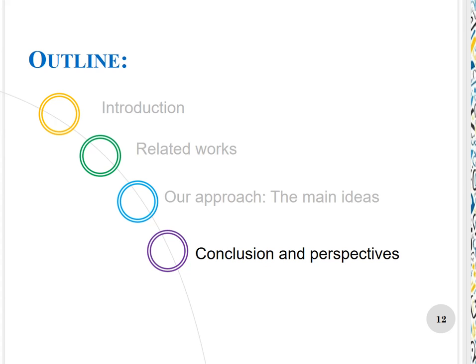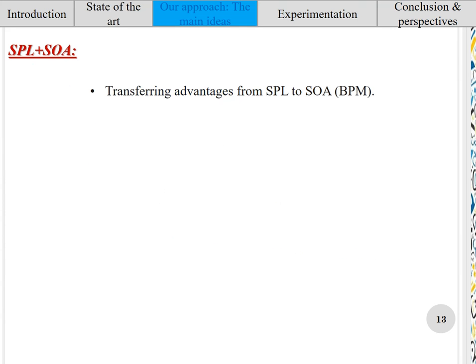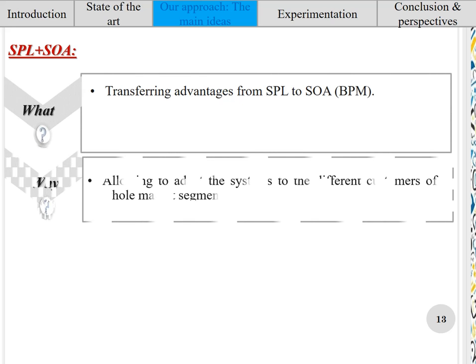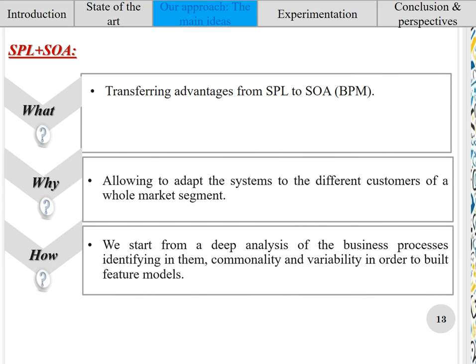So now let's move to presenting the steps of our approach. Why did we decide to combine software product lines and service-oriented architecture? We decided to combine them in order to transfer the advantages from software product lines to SOA, namely the business process model,